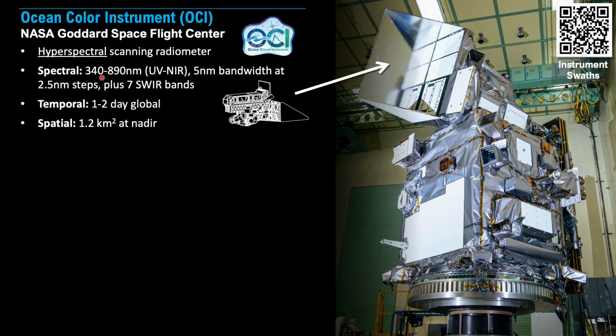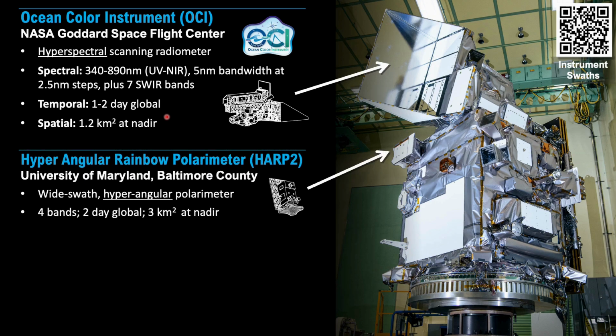PACE OCI also has 7 shortwave infrared bands as well. The temporal coverage of OCI is 1 to 2 day global coverage. Spatial resolution is up to 1.2 kilometers squared at nadir. We also have